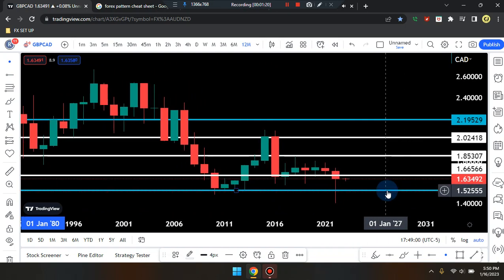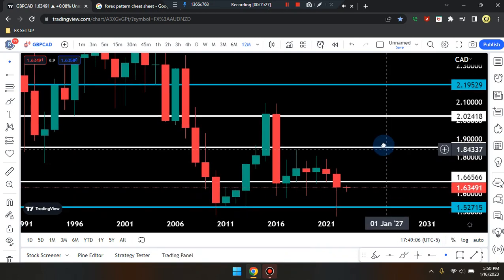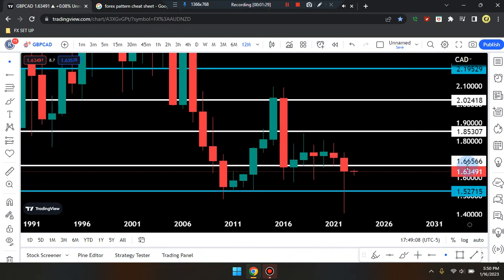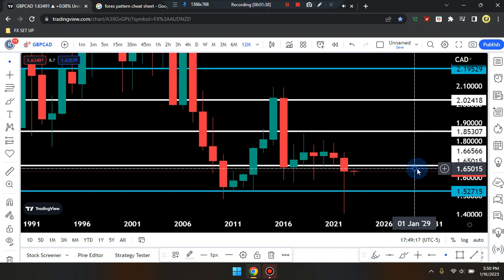Current price is sitting at 1.63492. So if price works its way up, it can tag that resistance line in white, sitting at the numbers of 1.66566. Before tagging that area, it can tag that midpoint within that area, which would be near the top of the price action wick at